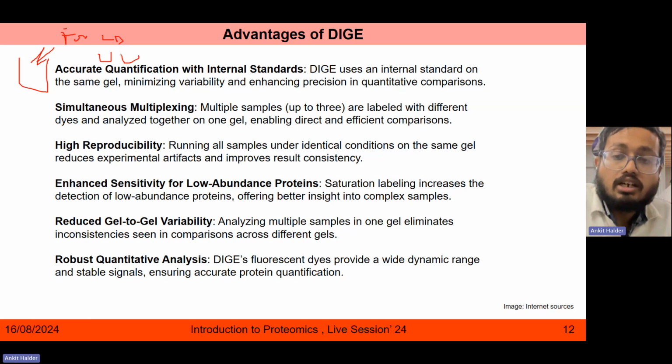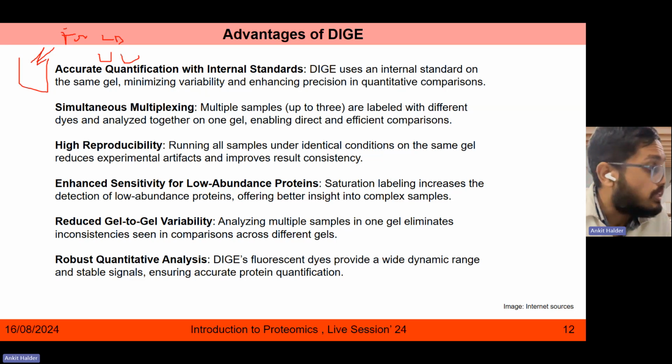Then we have our Cy2 internal pooled standard as a reference for the gel variation between the five. So there's no intra-gel variation, and inter-gel variation is also captured by running an internal standard. That's why DIGE is quite reproducible and reliable rather than simple